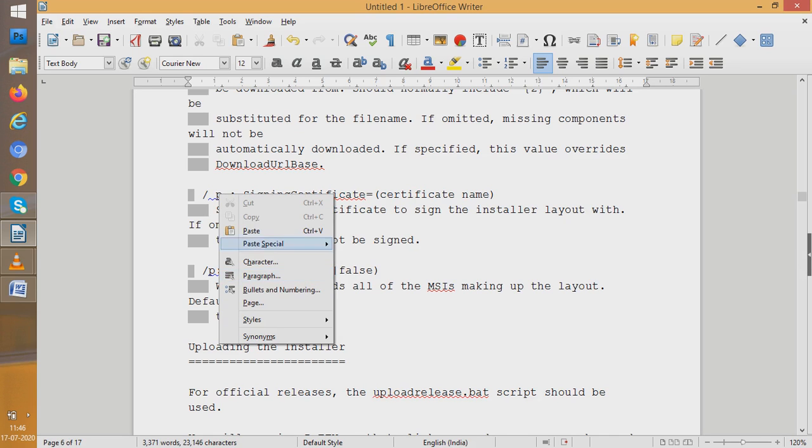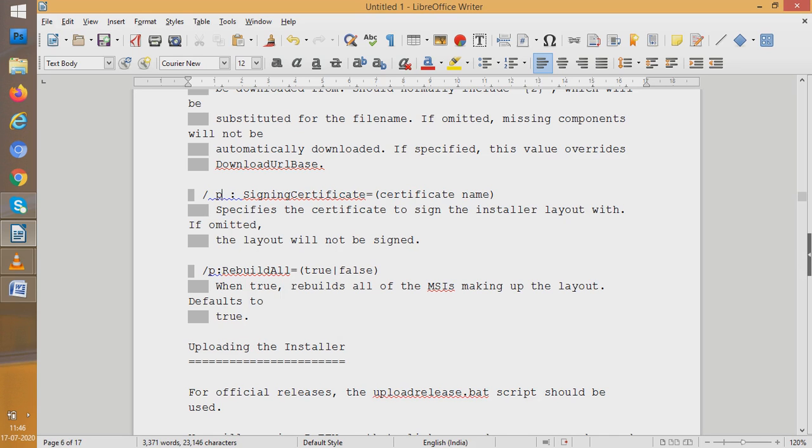Because this is correct, this is not wrong. Whatever is written here is fine, so you leave it as it is. While you print, these suggestions will not be printed. That is, the red underline will not come, the blue underline will not come. So it is not a big problem. But our way of working should be that we always go and check where there is an underline to understand whether it is a mistake at all or not. If it is not a mistake, we can ignore it, and if it is required many times, we can add it to the dictionary.